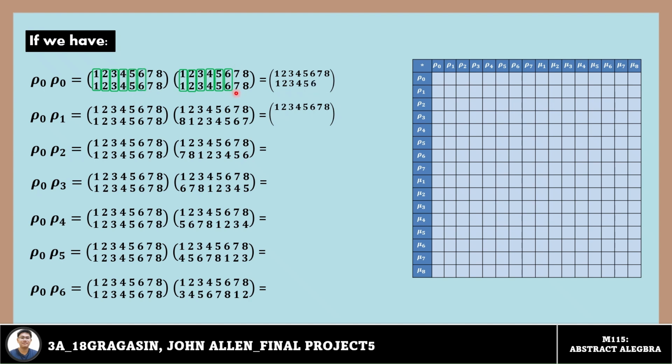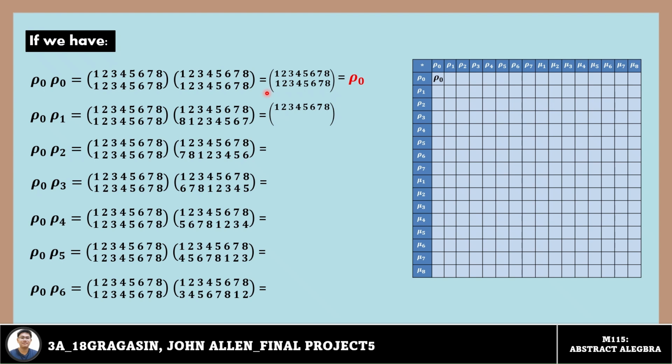And then 7 is to 7, so the number below it is 7, and then we need to find the number 7 on the left side. So we have here the number 7, and then our answer here is 7. And then we have 8 is to 8. And then next, as you can see here, our resulting elements, our answer, is the same as the elements in rho sub 0. Therefore, our answer here is rho sub 0.